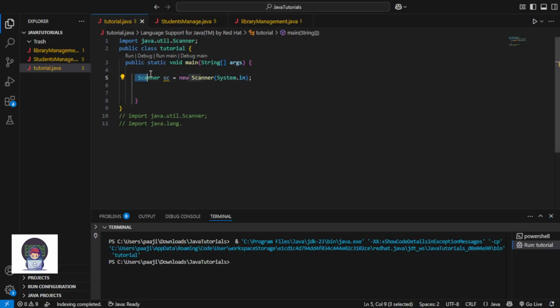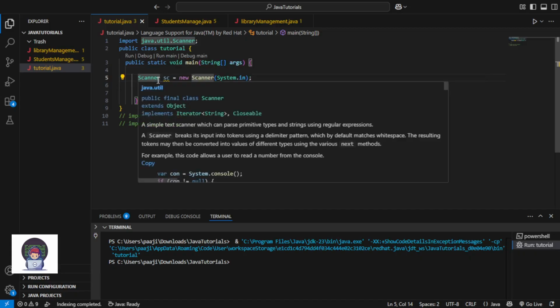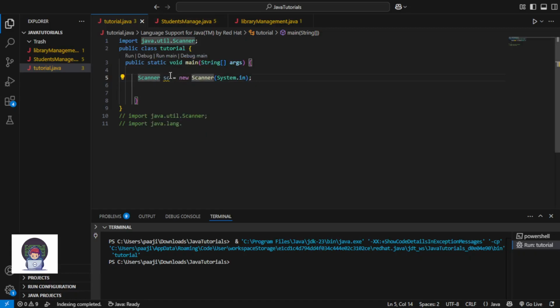First we typed scanner so that the compiler knows what we're talking about. Then sc, this is the name. You know how we declare variables, int variable is equal to, this is the same thing, the data type which is scanner.